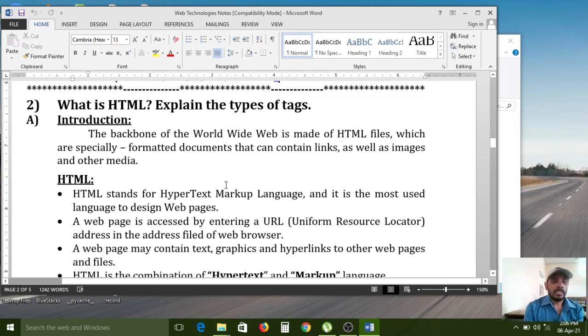So what is HTML? The backbone of the World Wide Web is made of HTML files, which are specially formatted documents that can contain links as well as images and other media. For example, if you want to open any music website or any movie website, you already know about that.